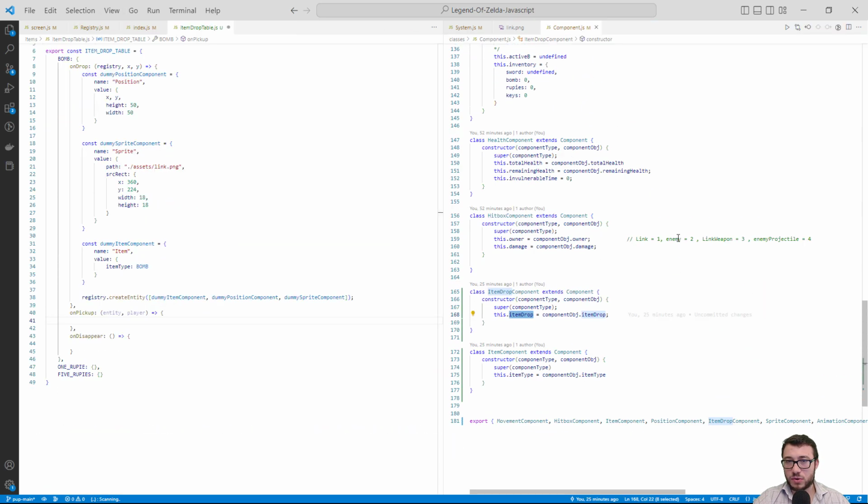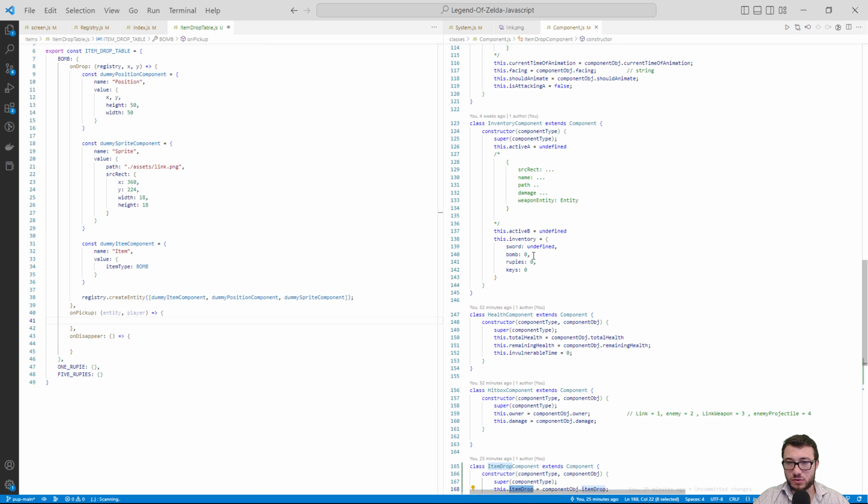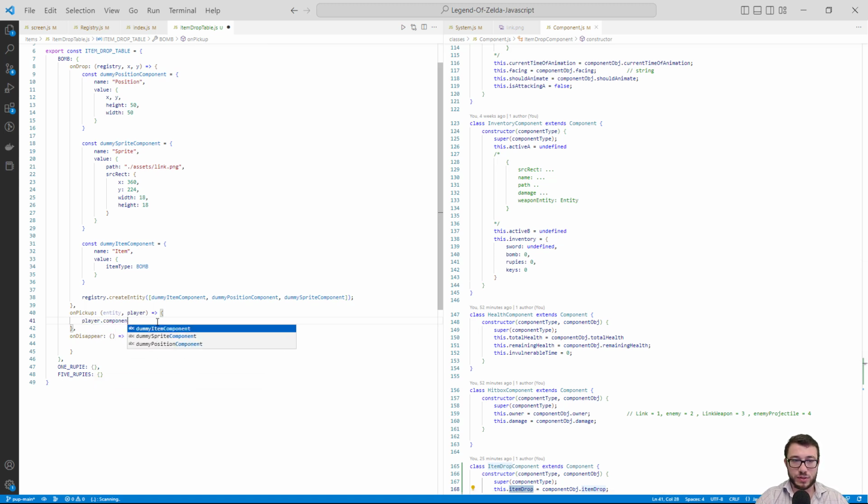Let me go back into our components, because it's been a long time since we made this inventory component. We're going to want to just increment this bomb by 1. So we do player.components.inventory.inventory.bomb, and we can just add 1 to it. And then the second thing we want to do is delete this entity, so we can use the entity's registry property already, entities to be removed, and we can just push itself